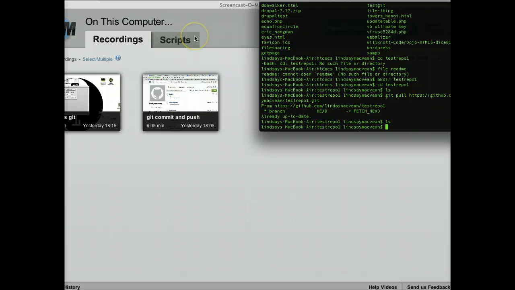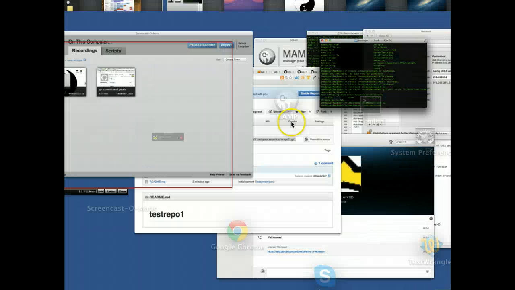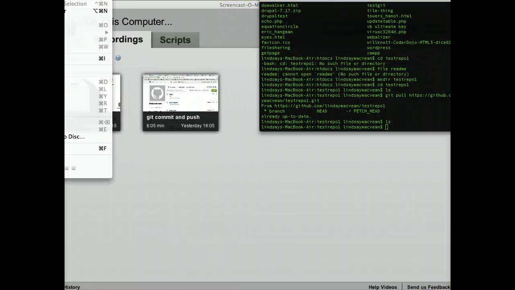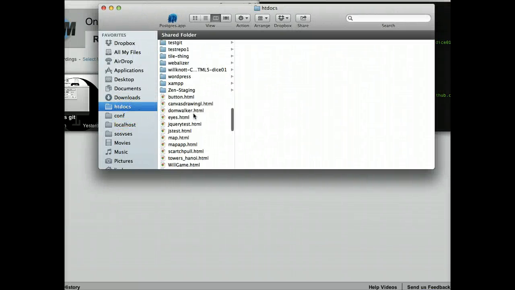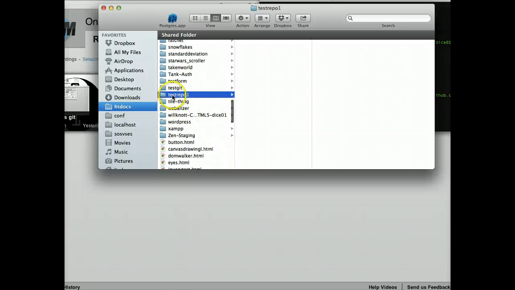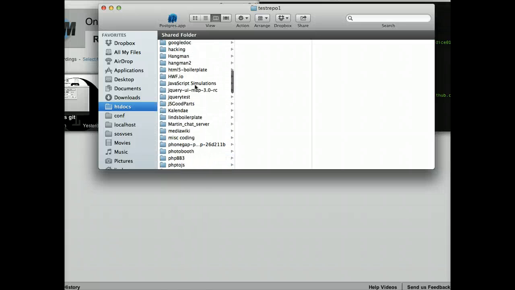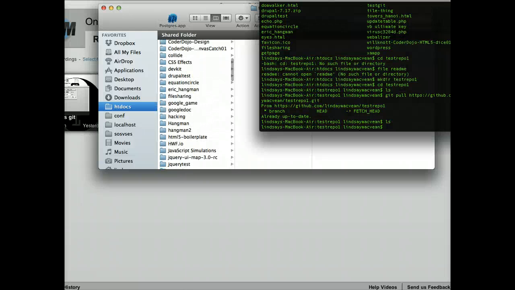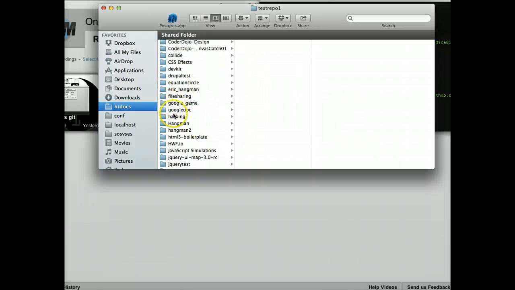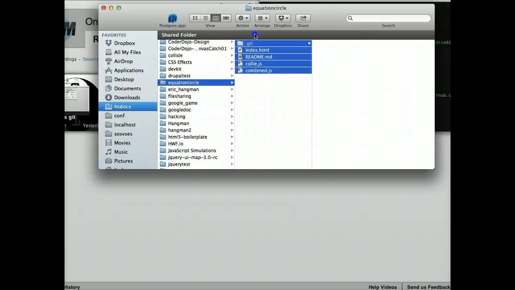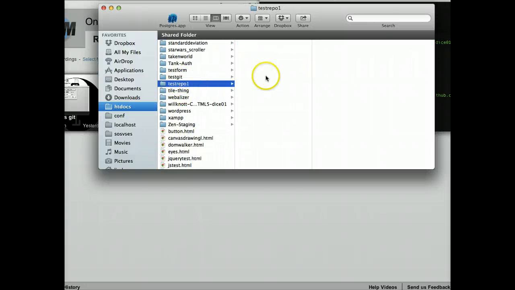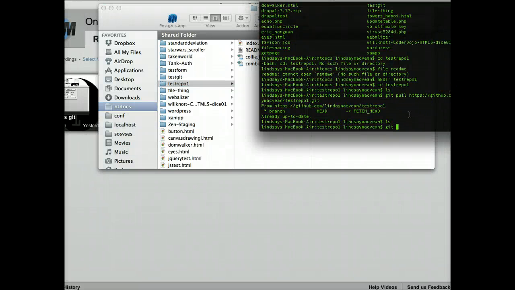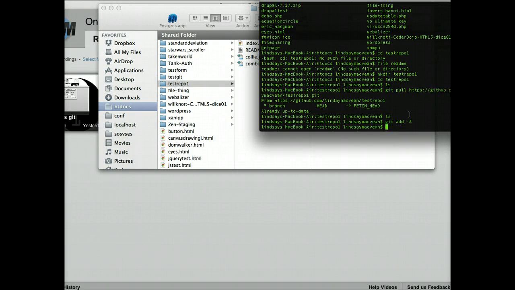So if I now add stuff into that folder, if I go to a Finder window, and I go to my htdocs, and I move something in. So I've got my test repo 1 here with nothing in it. And if I move stuff into that folder, say, from this thing here, some project I was working on before, if I move that in to here, copy, paste it, and then I go here and I do git add everything,